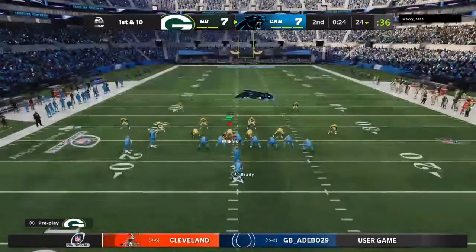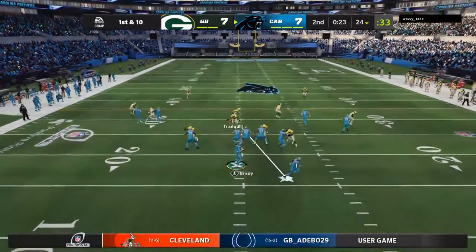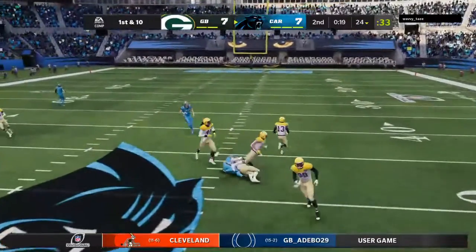The Panthers out there and ready to begin their next drive. And we'll see how they want to play this. Just a little over 20 seconds to go. He's going to let it go again. And it'll be